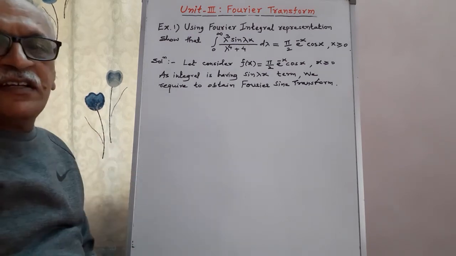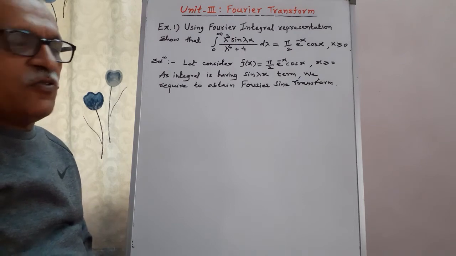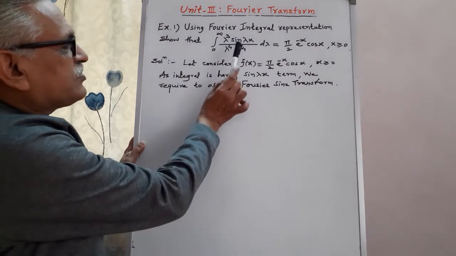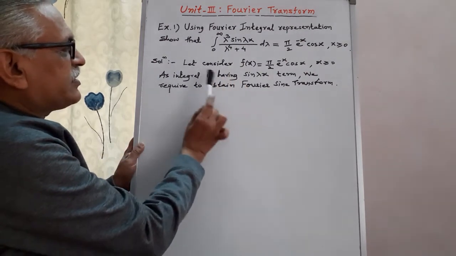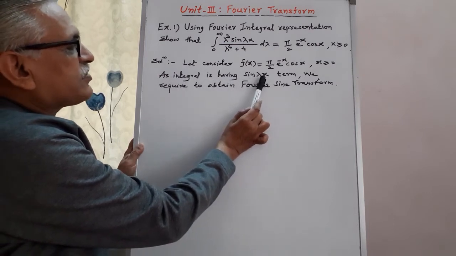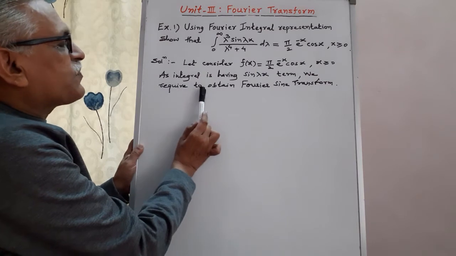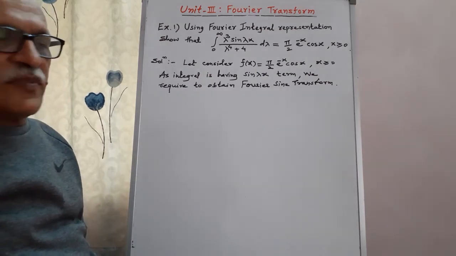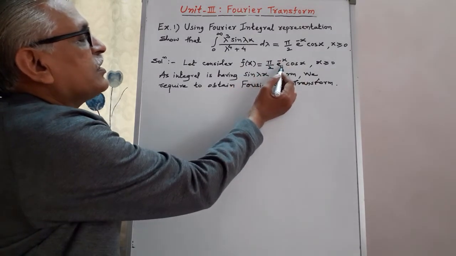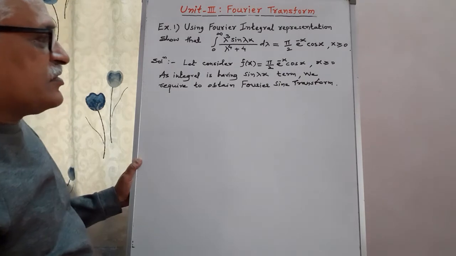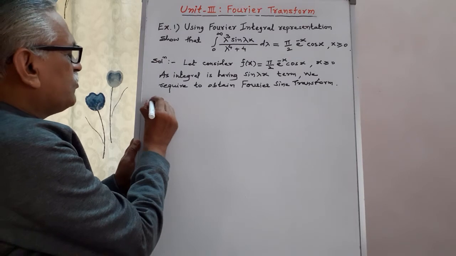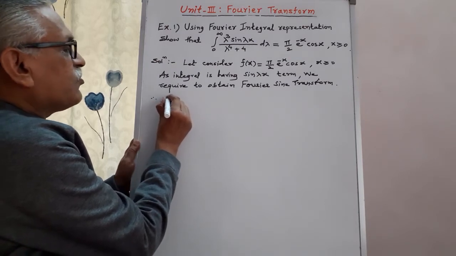require to find either the Fourier sine transform or the Fourier cosine transform, and to decide it we have to see the term inside the integral. Here, as the integral has a term of sine lambda x, we require to obtain the Fourier sine transform. Let us consider f of x as pi by 2 into e raised to minus x cos x for the condition x greater than or equal to 0, and therefore that Fourier sine transform